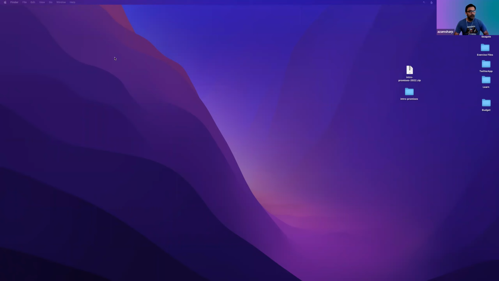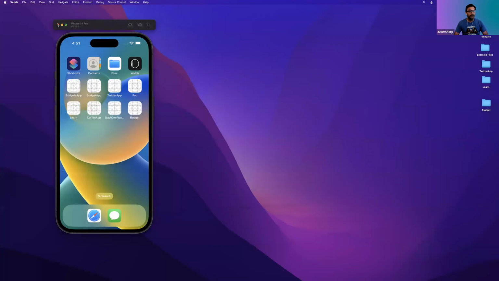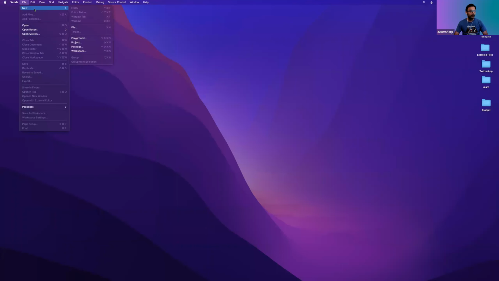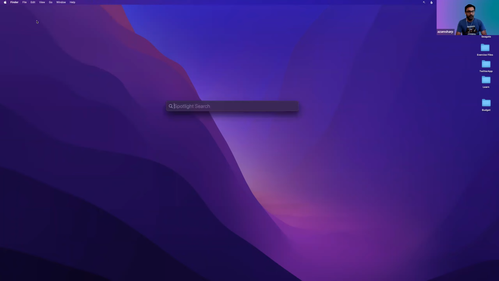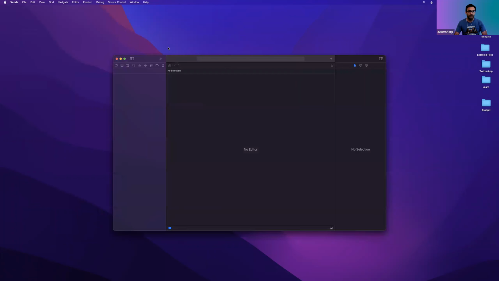Okay, so this is a very basic introduction to SwiftUI. Hopefully after this introduction, you will feel comfortable with creating SwiftUI applications. So let me go ahead and first run Xcode and create a brand new project,